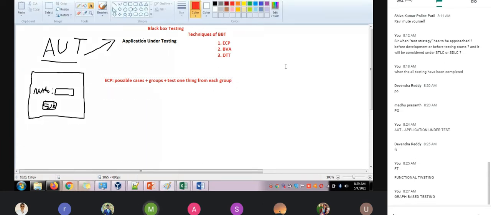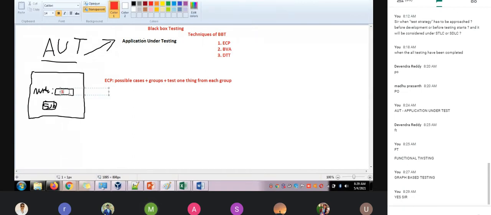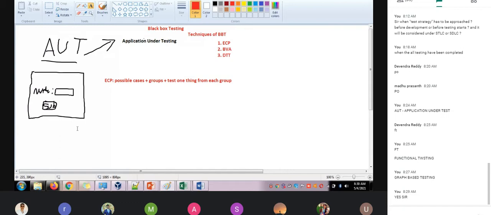So this is said to be equivalence class partition. Imagine, have you booked any BookMyShow, flight tickets, or any transport tickets? Yes, sir. You need to enter the number of persons to book. Imagine you enter 3 persons, and when you click 3 and submit, it should go through, correct? Imagine this is one of the AUT. Can you tell me what possible cases you can test for this? Anyone, everyone can tell.